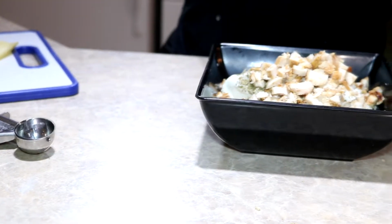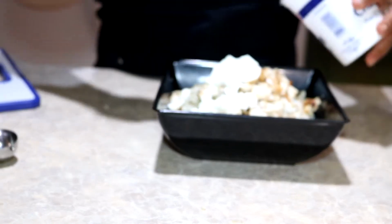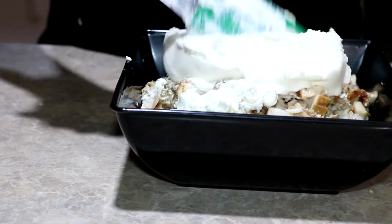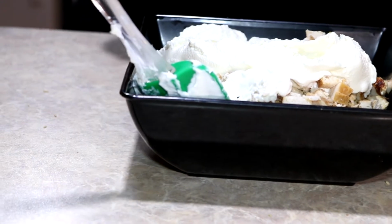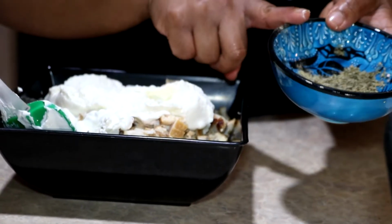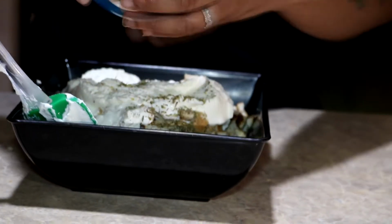I'm gonna put the rest of that sour cream in there, and that's about anywhere from 4 to 6 ounces of sour cream. Another big scoop of ricotta, and that's anywhere from 4 to 8 ounces, to be honest. Cover that up. And now in this bowl, again, I have a little dried oregano, some garlic powder, and some marjoram. And marjoram is just a bunch of different herbs and a little thyme,